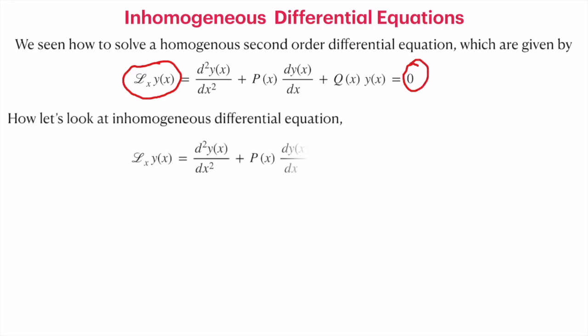The inhomogeneous differential equation is one in which this source term is not 0, and we have to find out the solution y of x. We have seen how to solve the homogeneous part with various techniques such as power series, and if nothing else works, look into the table of differential equations. Now the question is how do we solve such an equation in the presence of a source term?